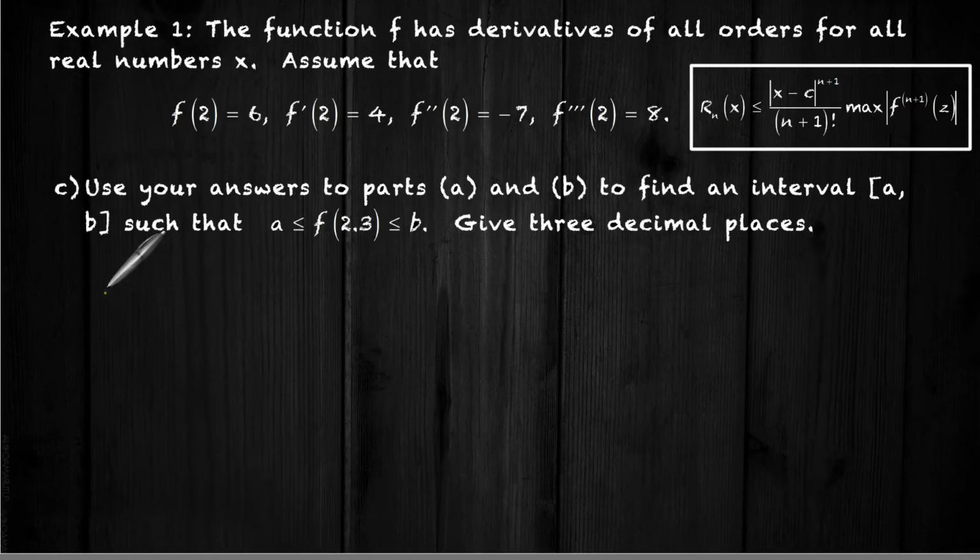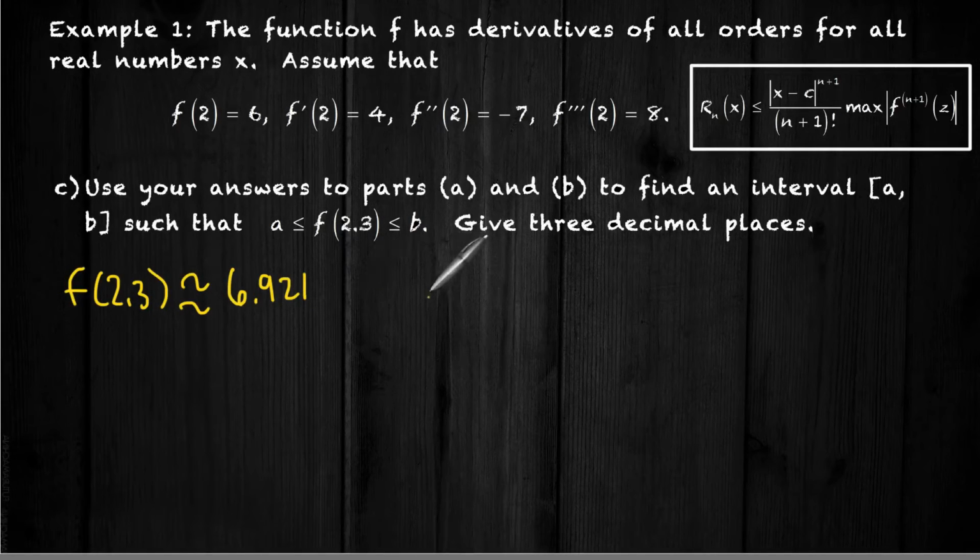We remember that in part A, our approximation of 2.3, which we got from the third degree Taylor polynomial, is 6.921. In part B, we said that the error in using that third degree polynomial